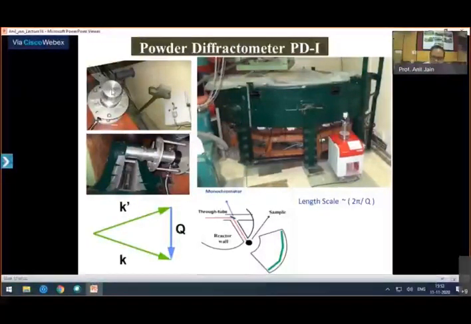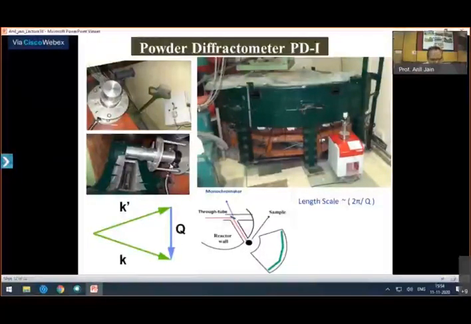So you fill your powder material in this can, and you try to fill as much as you can. This can then goes in this CCR, which is a closed cycle refrigerator, so it can vary the temperature of your sample from 4K to 300K. We have another sample environment where we can go to higher temperature, something like 1400 degrees centigrade.